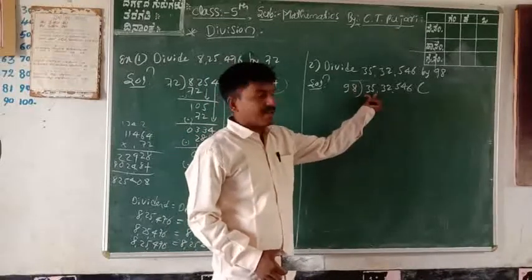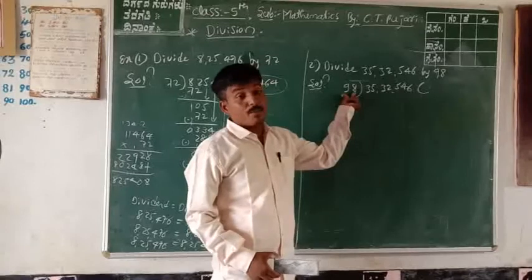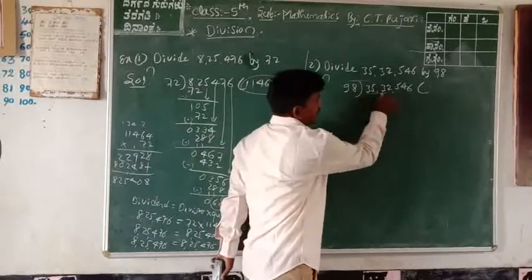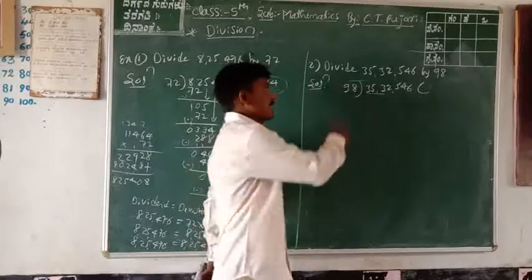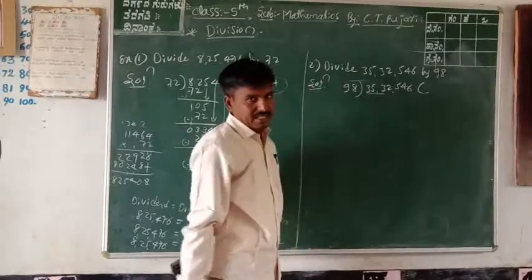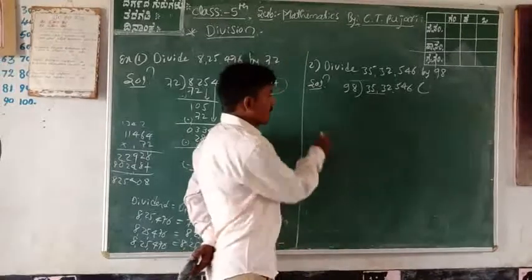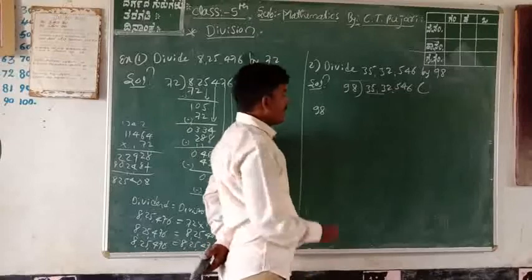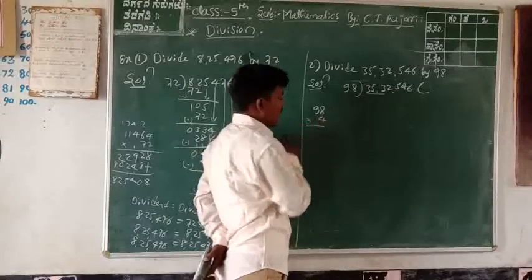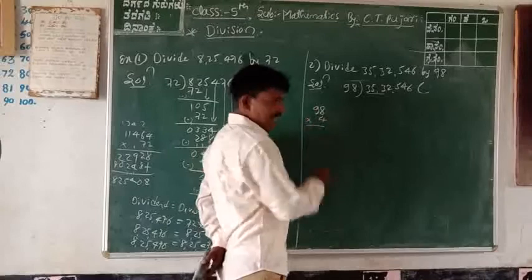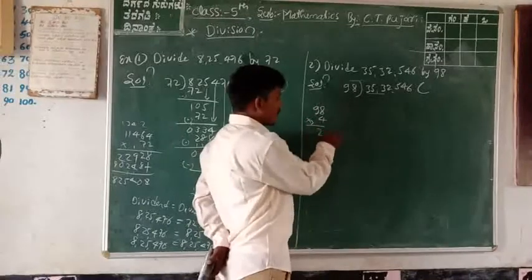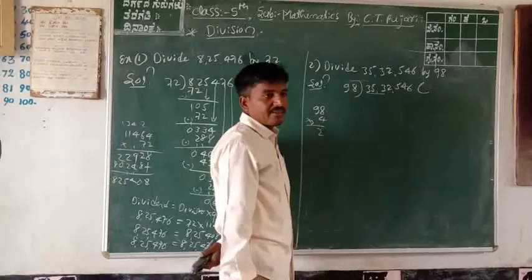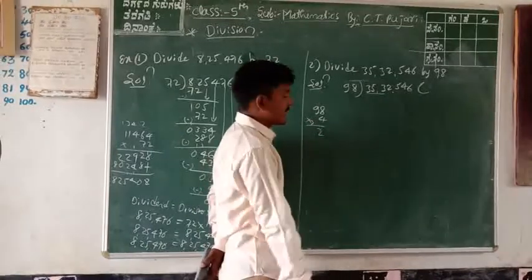This is also a 2-digit number, but this 2-digit number is less than 98. Again, you can consider 3 digits. Then consider 3 digits. You can take the multiples of 98. Therefore, you can take 98 4s up. 4 8s are 32. 4 9s are 36, but 39 is more than that.